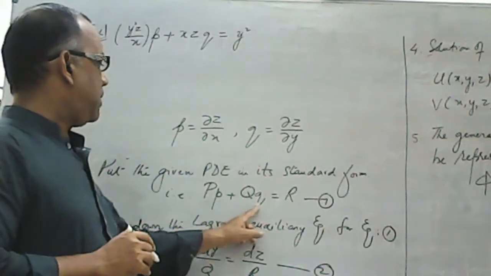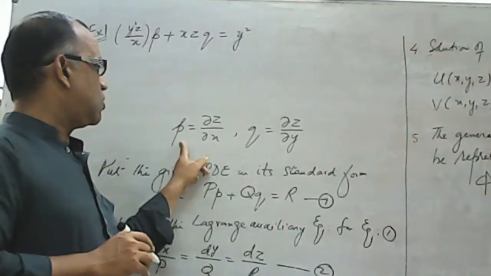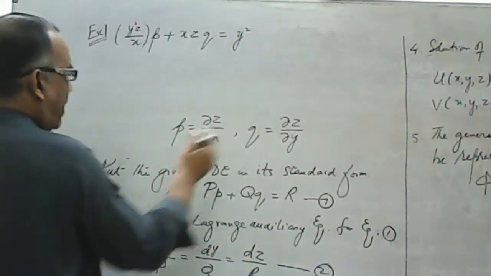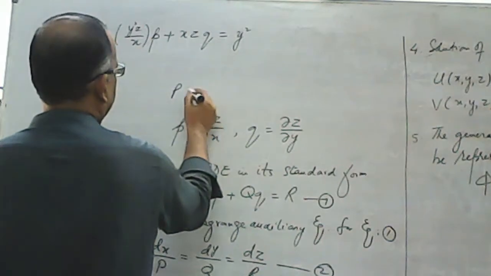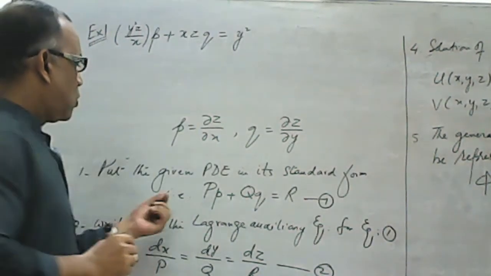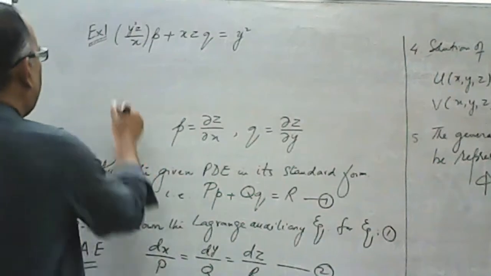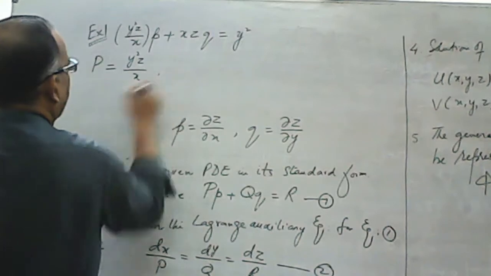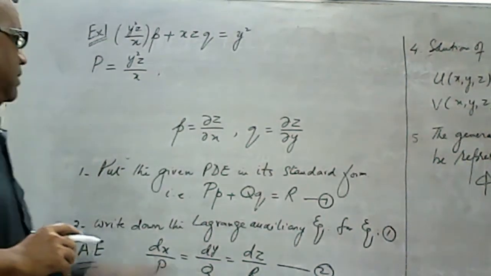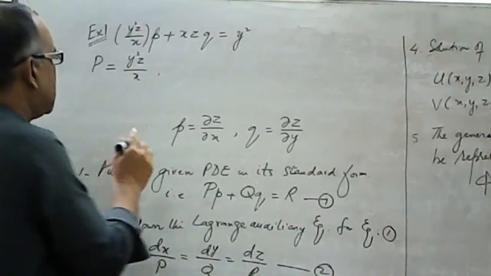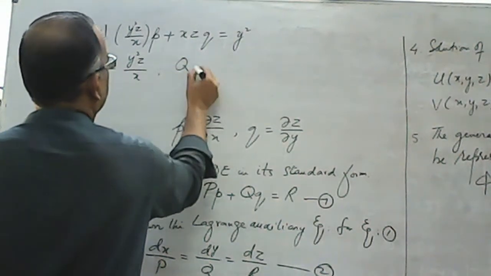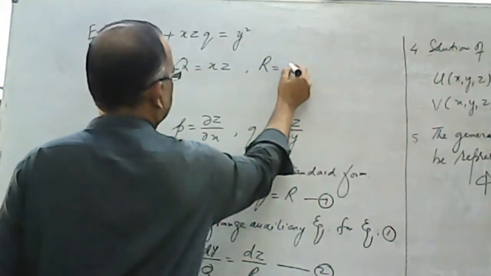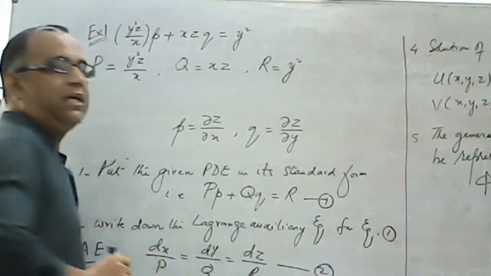So this is Pp plus Qq. The coefficient of small p will be capital P. So here capital P is equal to y square z upon x. The coefficient of small q is capital Q. So this will be xz,